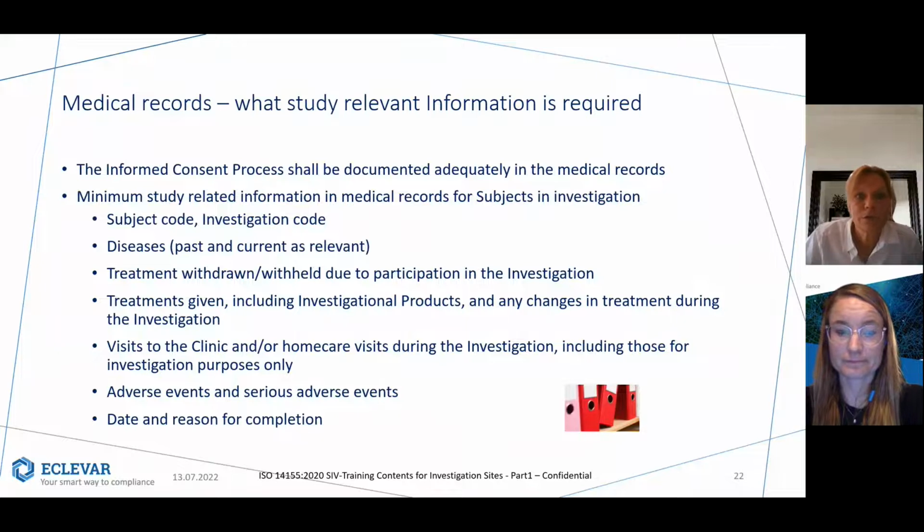The medical records: what study relevant information is required. The informed consent process shall be documented adequately in the medical records. The minimum study related information in the medical records for subjects in investigation should be the subject code, the investigation code, the medical history, past and current as relevant, the treatment withdrawn or withheld due to the participation in the investigation,